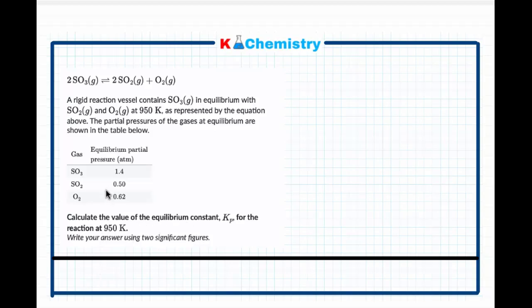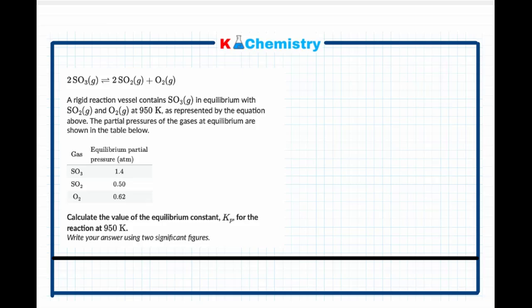In this question, sulfur trioxide reacts to form sulfur dioxide gas and oxygen gas. This reaction happens in a rigid vessel in equilibrium at 950 Kelvin as represented by the equation. The partial pressures of the gases at equilibrium are shown, so I already have the pressures at equilibrium. Calculate the value of the equilibrium constant Kp for the reaction at 950 Kelvin and write your answer using